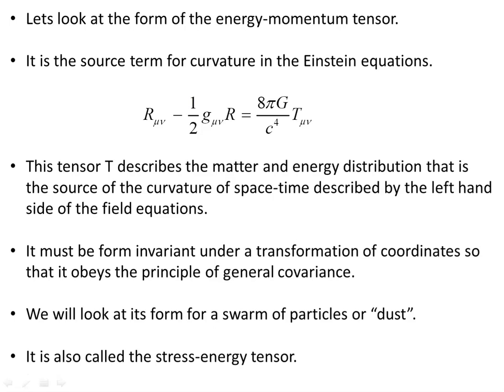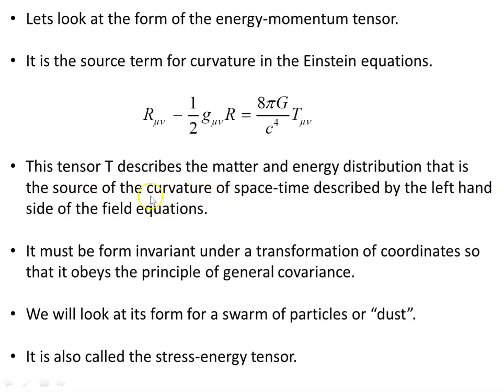Alright, so let's look at the form of the energy momentum tensor in this video, and let's go right back to the beginning. It's the source term on the right hand side of the Einstein field equations. On the left we have the curvature, on the right we have the source of that curvature, the matter and energy distribution. This is a rank 2 tensor, and this tensor describes the matter and energy distribution that is the